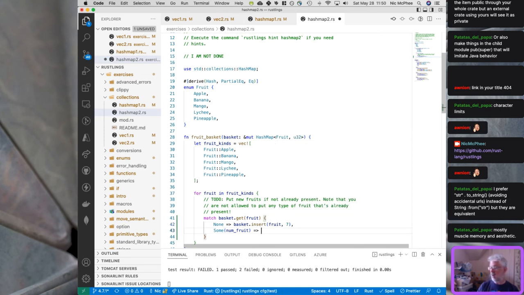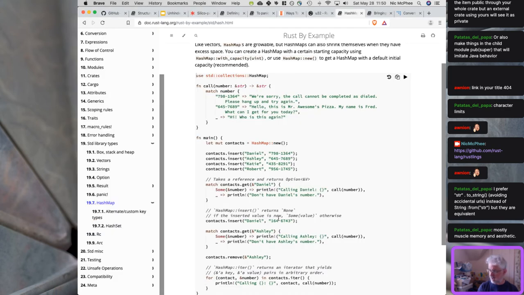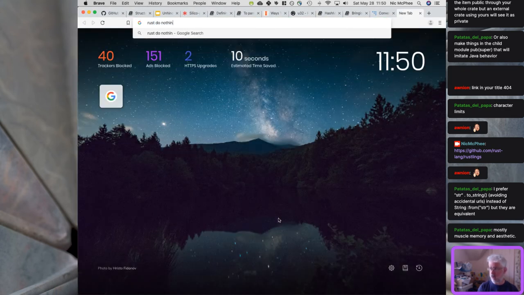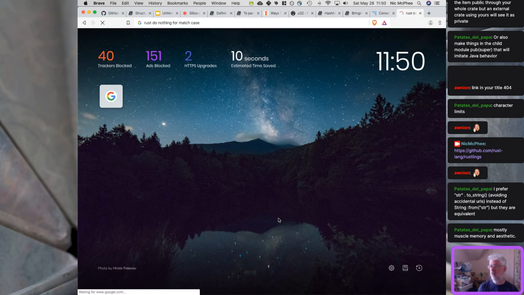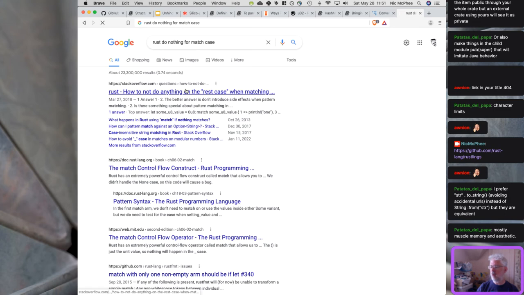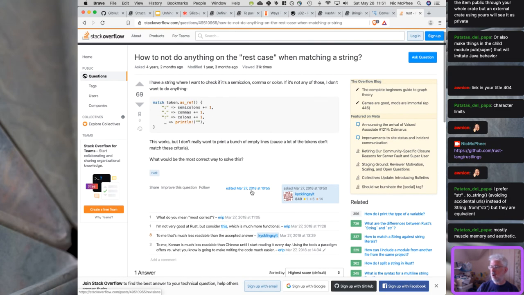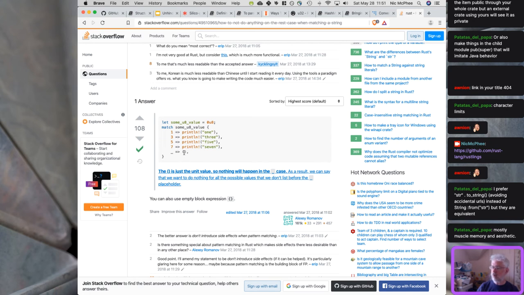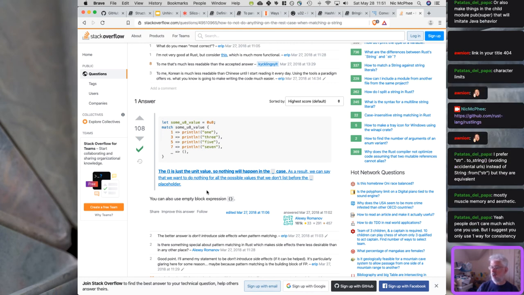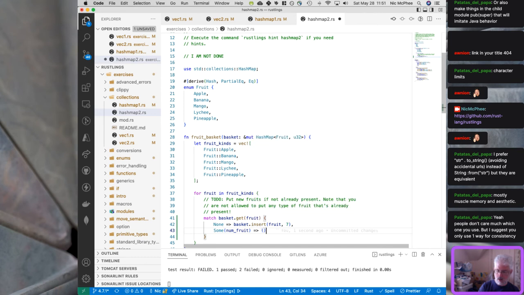And now, if we don't want to do anything here, I'm not sure what the right syntax for that looks like. Let us go ask the internet. Rust, do nothing for match case. I was wondering if unit was the thing to do. Okay, I can deal with that. So we'll just say unit,